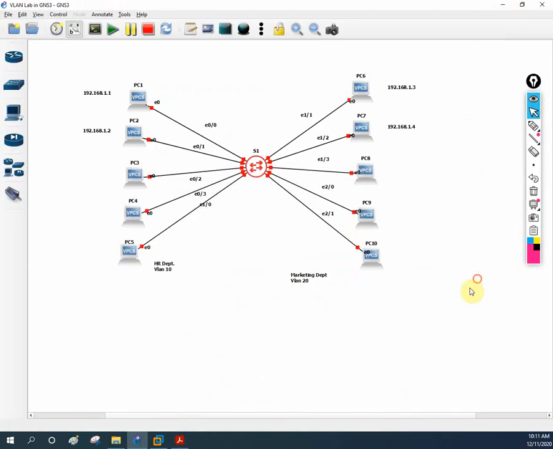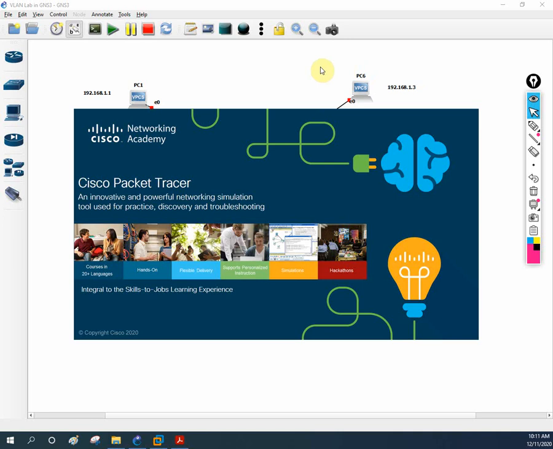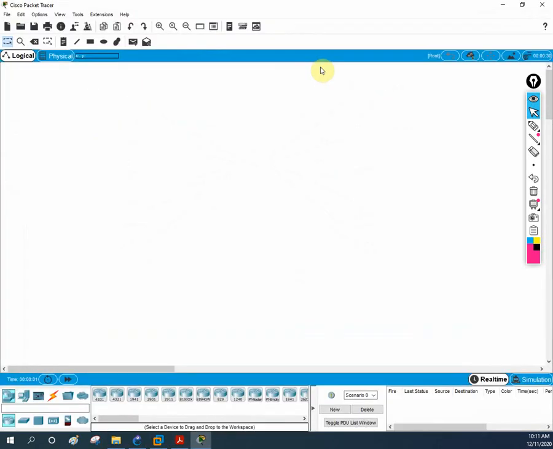Let me take any empty space to write and show you what the features of PAGP are. Let me write here in Packet Tracer. I have empty space here, or I can open OneNote, anything. Anyhow, now we are discussing PAGP. PAGP is a protocol which is used to configure the Ether channel. PAGP stands for Port Aggregation Protocol.